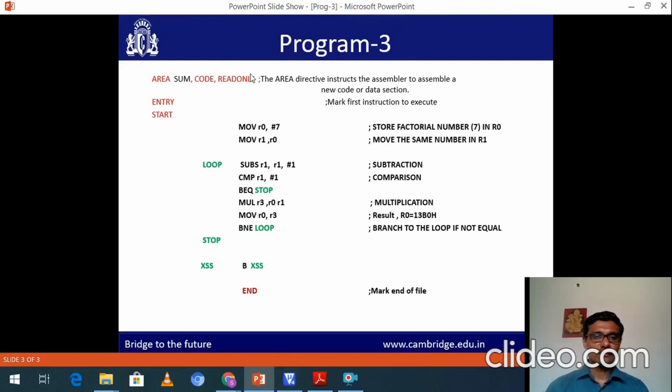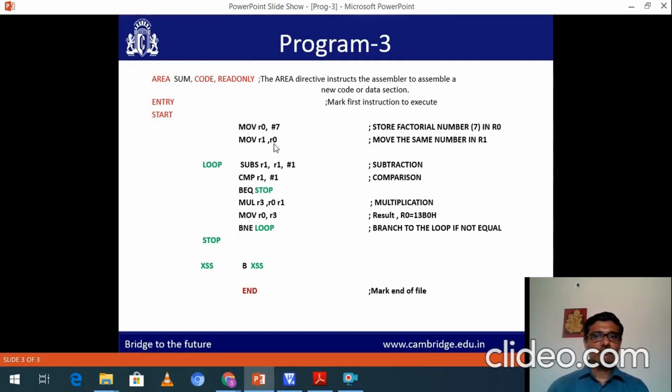The ENTRY assembler directive indicates that the first instruction to execute will be starting here. START and END indicate the start and end of the file respectively.